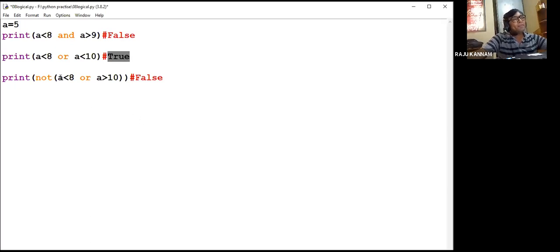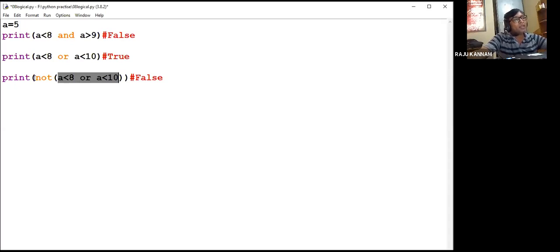Now in the third case, we have taken the same thing. Whether a is less than 8, yes. I'm taking a less than 10, yes, true or true. That means 1 or 1. The answer will be 1. That means this bracket value will be true, and we are doing the NOT operation.